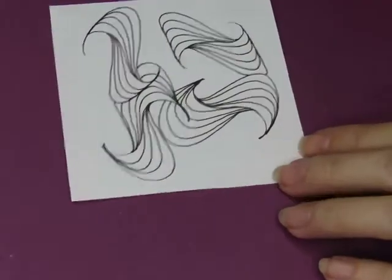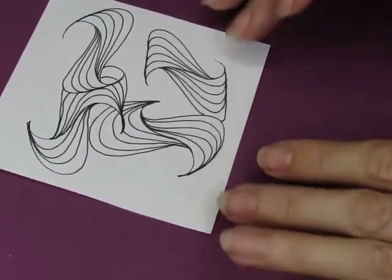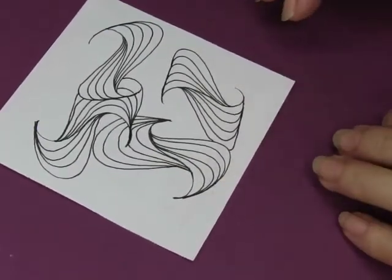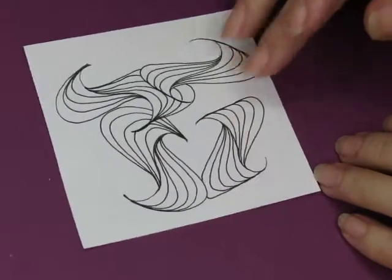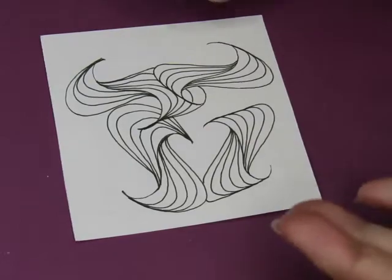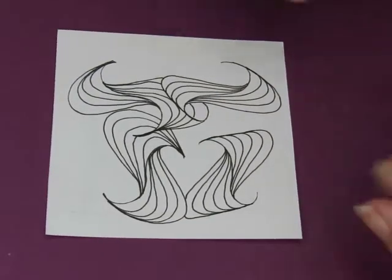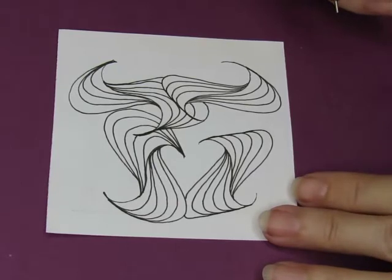Okay. Oh, I like that kind of just undulating, flowy thing that's happening with these. I'm really happy with that. I want something to kind of make them all come together though. So I think